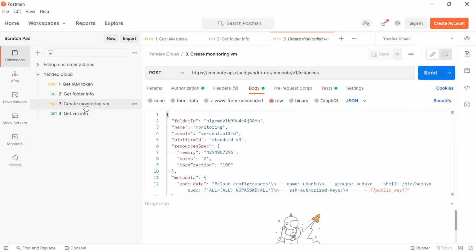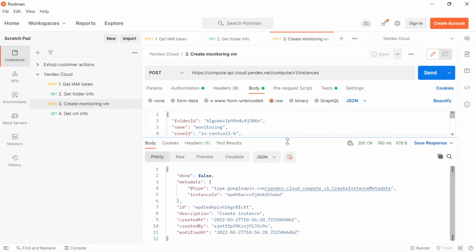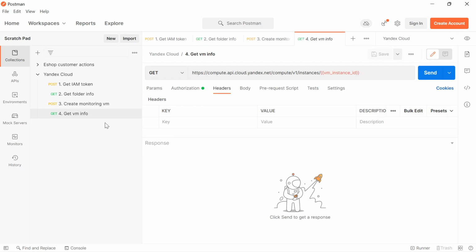Now you can send a request to create a virtual machine. A virtual machine is being created, and we can update the status with the next request.